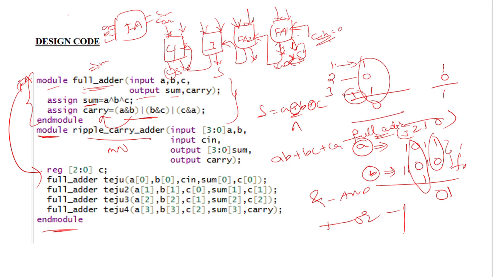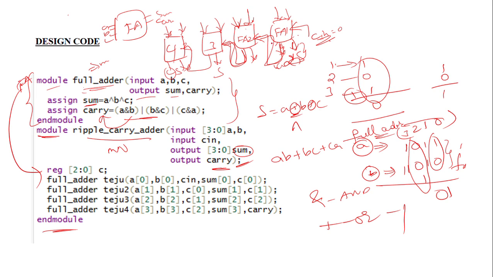Whereas output, how many bits are you getting? Sum is also 4 bits and extra you get carry. So for that 4-bit sum, we can represent it like this and the output will be the carry. Why do I use reg? In the middle of the full adders you can observe the carry is given to the second full adder, and the second full adder's carry is given to the third full adder, like that. So there is no need to store all these values. These are not input ports and output ports. These are just giving values, meaning they drive the values from one port to another port. The output of the first full adder goes to the input of the second full adder, like that we are going to drive,